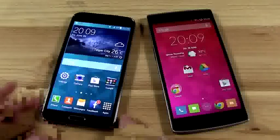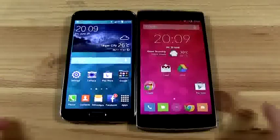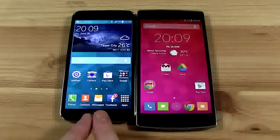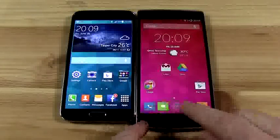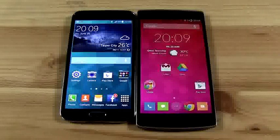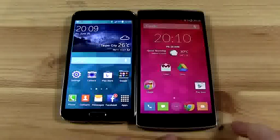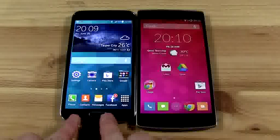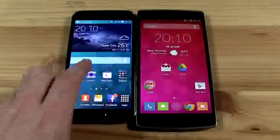Right, so the first thing you'll notice when we put these guys side by side is that there is a difference in screen size, which of course translates into a difference in device size. Now over here, on the Samsung Galaxy S5, you've got a 1080p screen, which is 5.1 inches diagonally across, compared to the OnePlus One, which has a 5.5 inch screen, just a little bit bigger. They're also the same resolution. This is also a 1080p screen. But the screen technologies behind them are quite different. This is IPS LCD, where over here we have a Super AMOLED from Samsung. Now, this screen has had a lot of